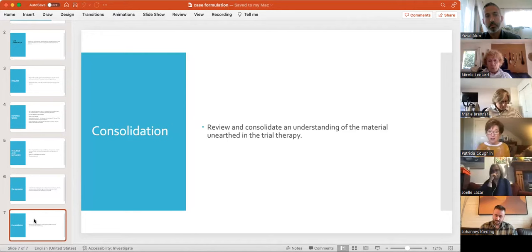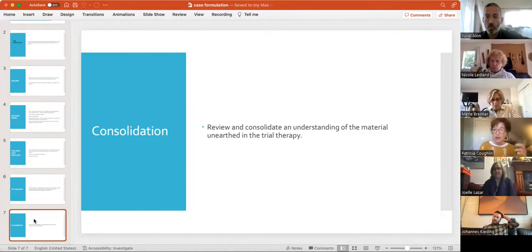And then we're going to consolidate what we've learned and put those two triangles together. And in the case I'm going to show you, you're going to really see a beautiful example of the repetition compulsion. The unresolved past, she keeps repeating in the present, right? So we're going to want to help her get to the core of it so she can resolve it at the source and not have to keep repeating this torturous pattern.